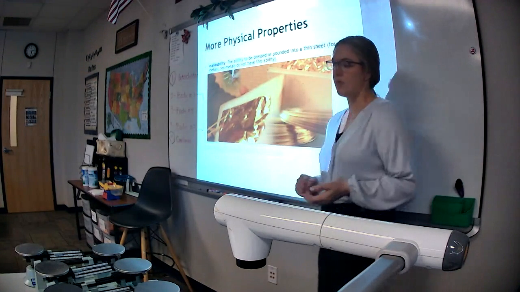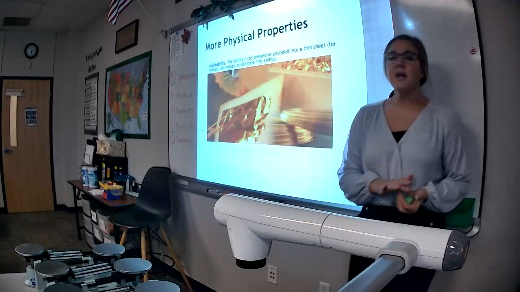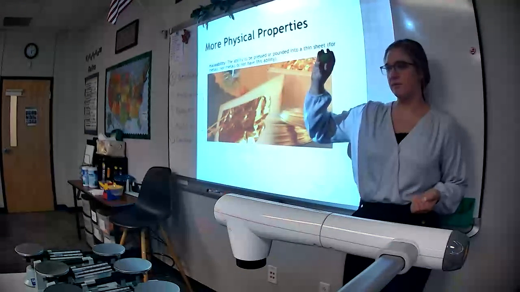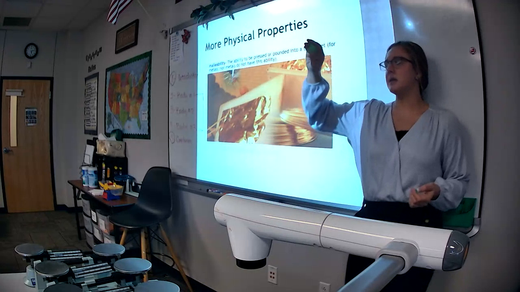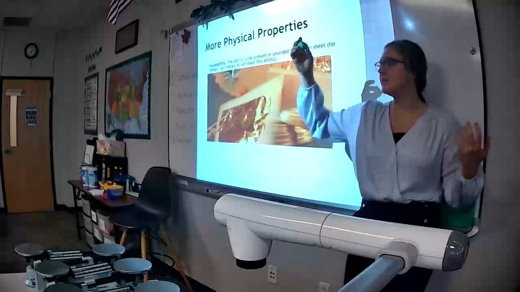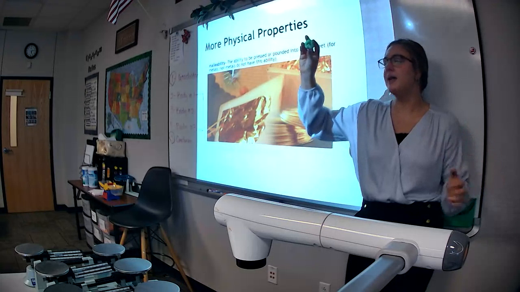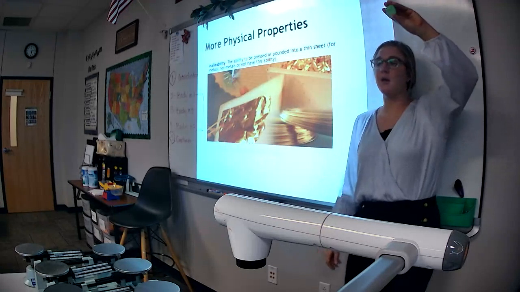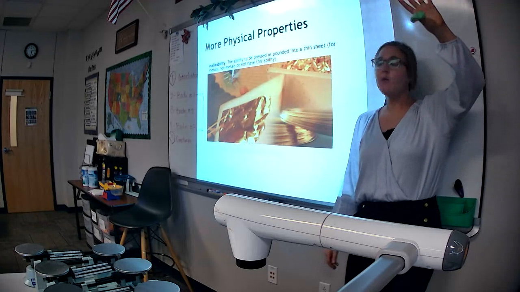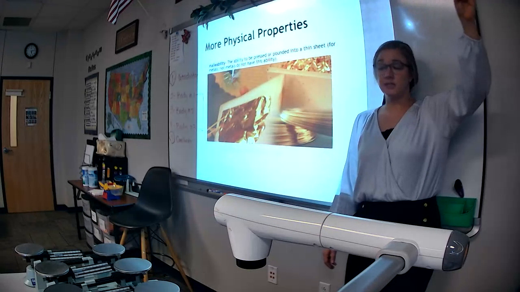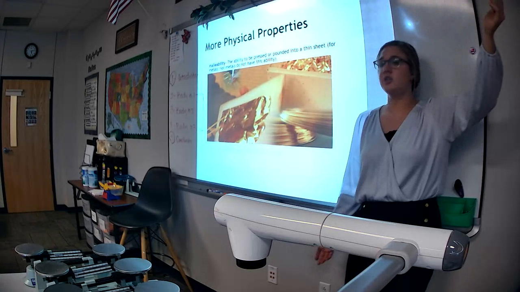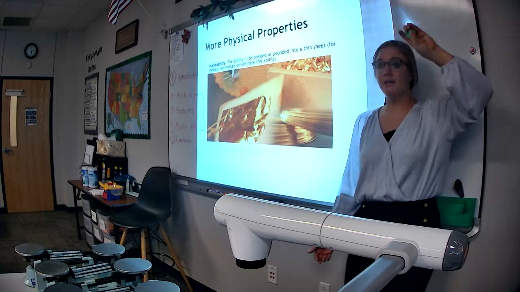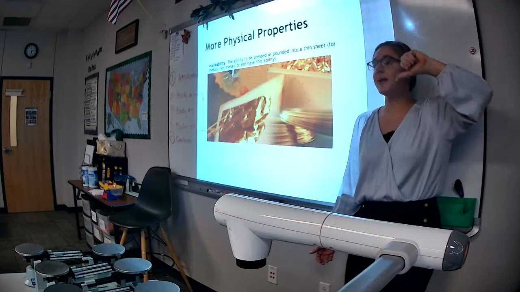A good example of malleability is Play-Doh, like what I have in my hand here. Play-Doh is a very malleable substance. Now, it's not a metal, so technically we wouldn't use it to describe this, but it does show you what malleability means. There are some metals that act like Play-Doh in that when you squish them, they can be molded into different shapes. There are some metals that if you squish them, they're not going to change shape at all. Pure gold, for example, is a very malleable metal. It's very easy to bend or shape.